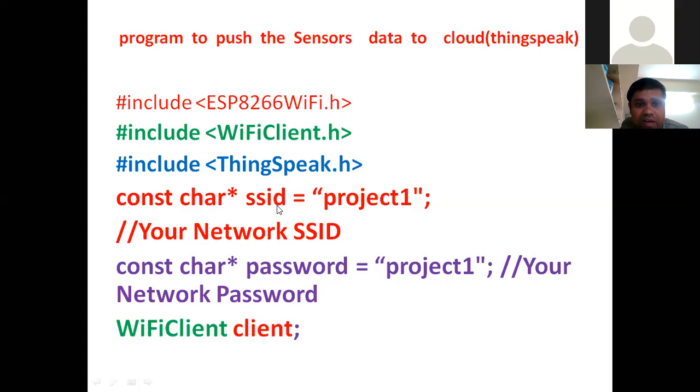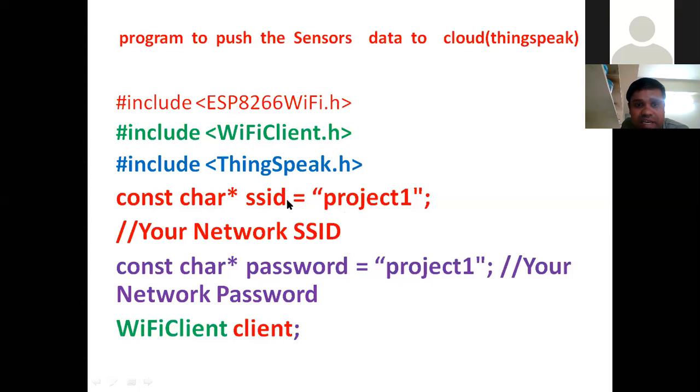After that, our purpose is to connect the NodeMCU. NodeMCU is nothing but a Wi-Fi based board. First, we should connect that NodeMCU module to the nearest network. Nearest network means you should give your Wi-Fi hotspot name and password. Then only it is connected to your network. From that, it will obtain the internet and send the data to the cloud.